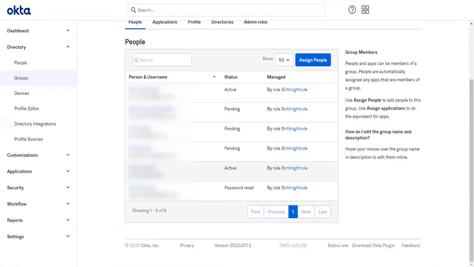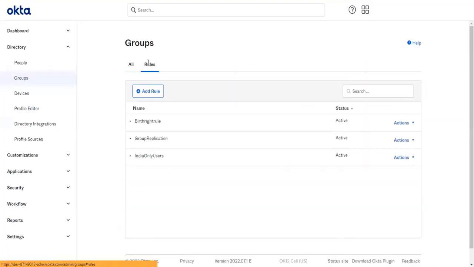Any doubts? So in this way, you can grant birthright access to the users automatically. You can provision all the initial required apps to the users automatically in this way. It is somewhat a sensitive one, because if you touch anything, it will automatically replicate to all the users. All the users will be affected. It may be on the positive side or the negative side, but I'm saying it will affect, for sure.